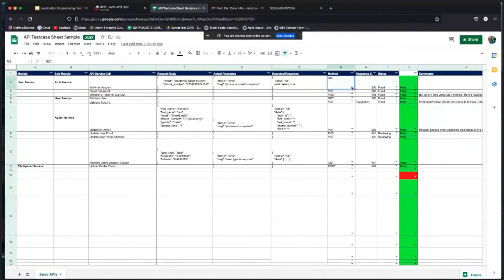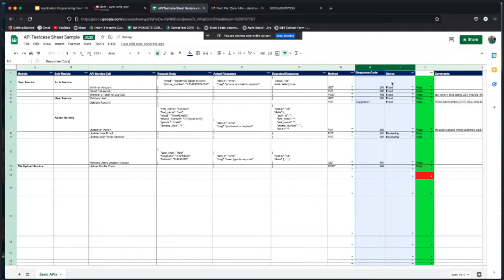You can select the method you're passing and the response code you got while sending the request, and you can see the status. Assuming this failed, I will leave it as failed.